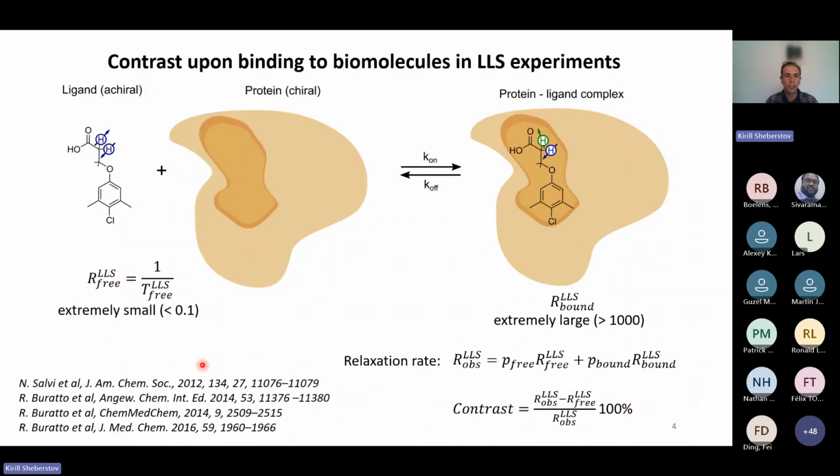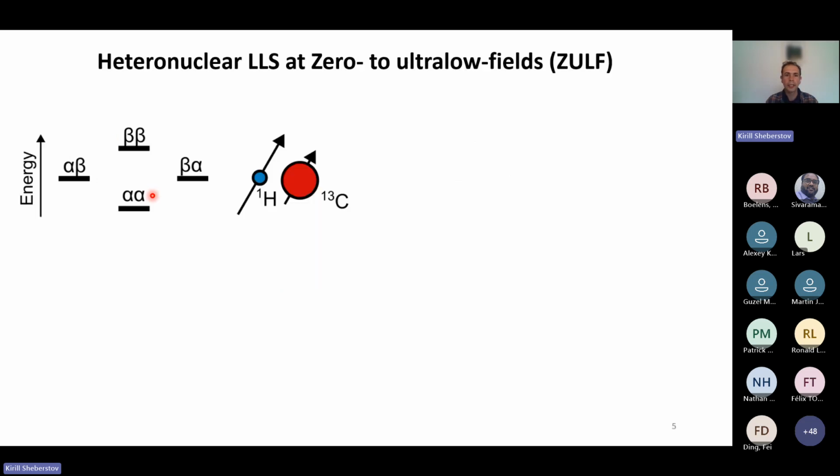These ideas were introduced roughly 10 years ago in the group of Geoffrey Bodenhausen. This is a very nice approach, and they really showed that it can significantly outperform existing methods to detect protein-ligand interactions with NMR. However, the drawback of this approach is that there are not so many molecules where you can create this kind of long-lived states. And as an idea of how to expand this